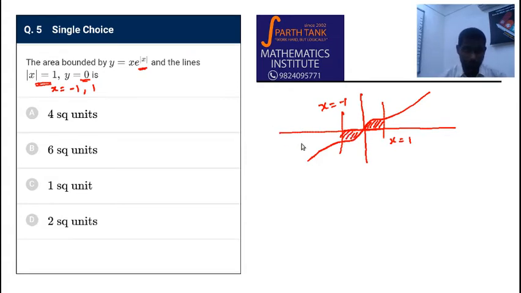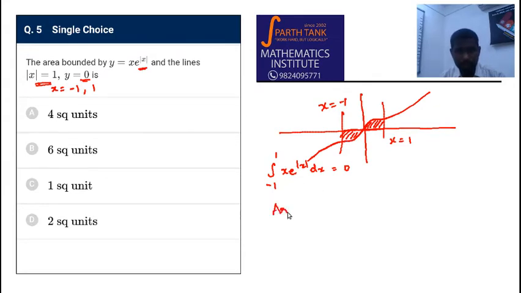Now you see, there is the area that is asked. If the question is about finding the integral minus 1 to 1 of x e power mod x dx, you know this is 0 because this is an odd function. But when they say area, you have to find this area separately and this area separately and add them. And if you know that this area is going to be negative, you take a modulus of the integral in this region. Or you can find this particular area of x e power mod x and multiply that by 2 to get this area also. I prefer the second technique.